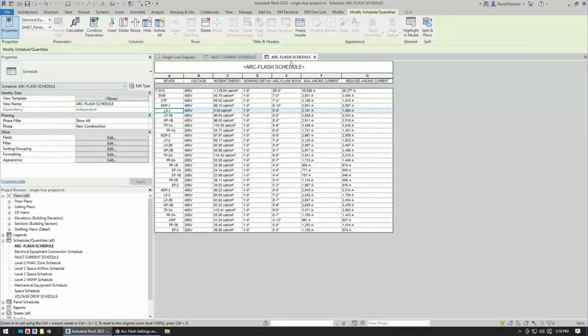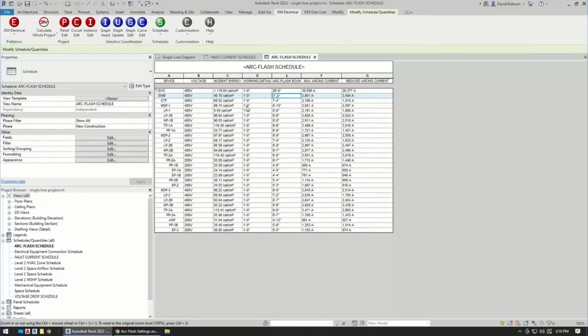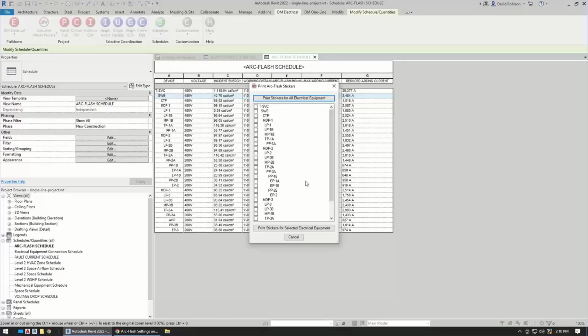So we output a schedule. This is where we list for each device the incident energy at that device, and then the working distance, and the incident energy and the arc flash boundary. So those are the 2 real outputs. So we have a schedule that gives you those values. And then really the final step is that you print a sticker and you put it on the panel so that the electrician has that, so that when they go to work on it, they know what equipment to wear. So to get those from Design Master, you run the arc flash stickers command,